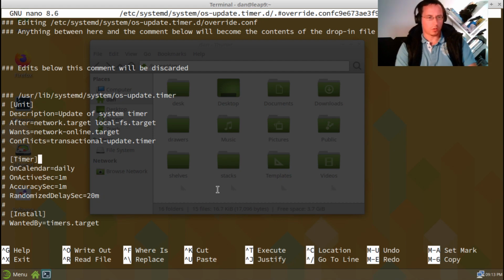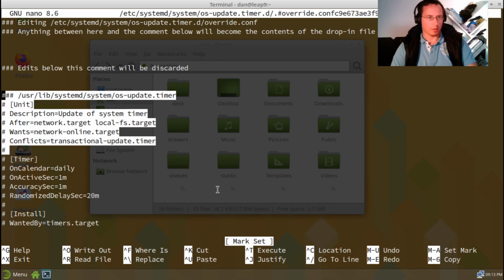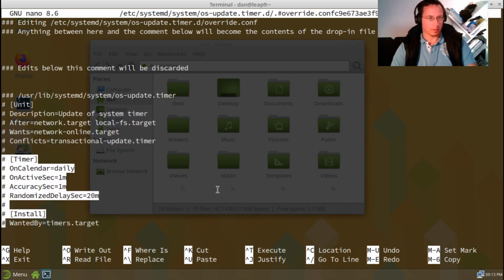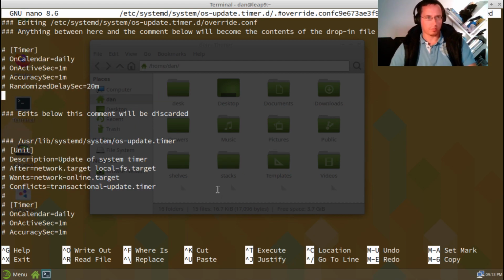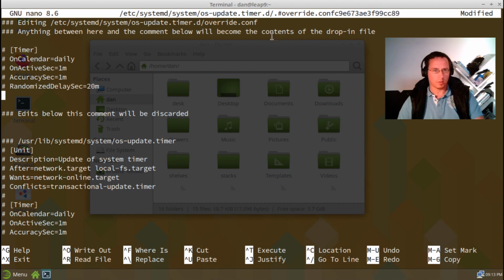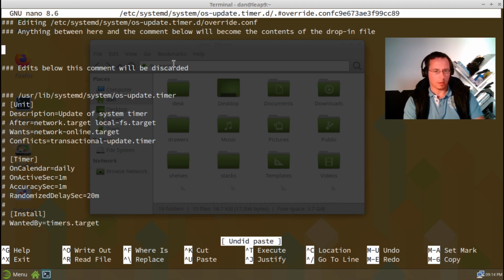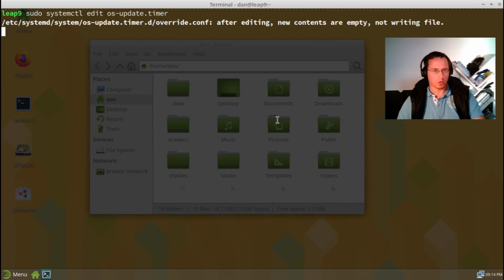When I want to make changes here, I have to copy this whole part, for example, and put it in the upper part here. Here's a comment about this, and then I would make changes here. For example, I would change this to 30 minutes, and then I make changes on the systemd timer. You can also do 2 hours, which was the default, I think. But we don't do this here. We undo this, and then we leave this blank. So just to show you how to